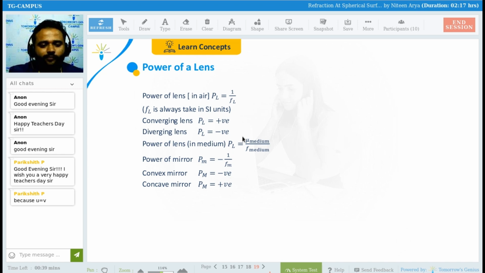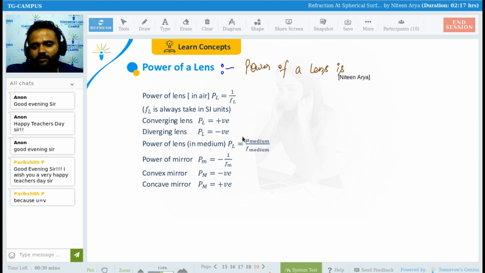Clear this thing? Now this is the power of a lens. Simply, what does power mean for you, in the general sense? The power of a lens is the number, or the amount, of how much the lens is going to deviate the ray after refraction. Okay, power of a lens is defined first of all. Let me write it down. Power of a lens is defined in such a way,